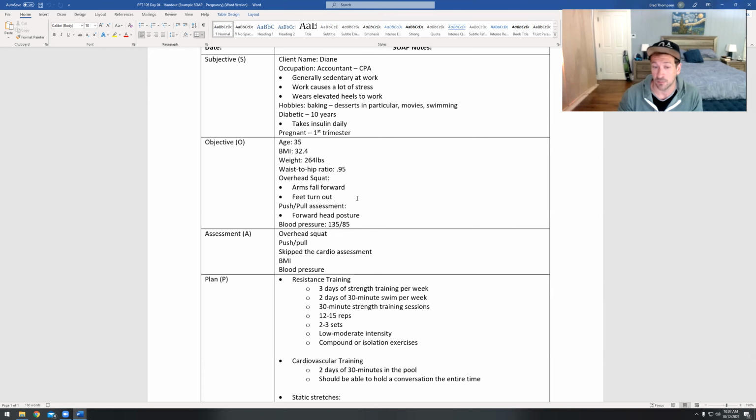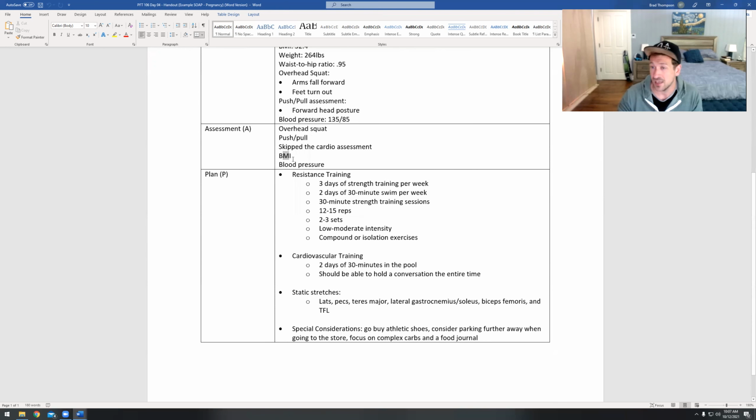put more emphasis on probably the cardio stuff and burning calories and working on reducing her body weight. But for now, the goal is not necessarily weight loss. It is just to keep her moving throughout her pregnancy. And we are going to pay attention to her body mass index as that adjusts, and pay attention to her blood pressure. Resistance training, we're going to focus on about 3 days a week